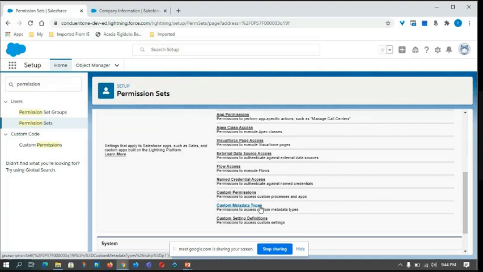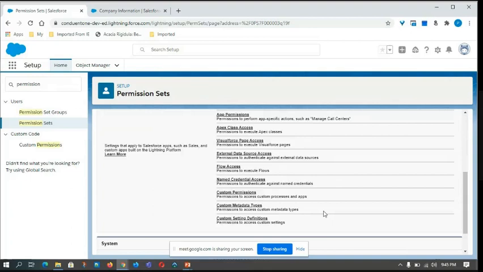Like if you want to create a permission set for any specific flow, sorry, agent, like one agent or multiple agents, which flow they can access, because we can have multiple flows in our system, but which flow they can go and access. For all those settings at a granular level, basically whatever profile we have created, instead of going with profile-based access, at a granular level we are dividing all those profiles into specific permission sets. So all those things can be covered when we go with permission set creation and permission set group creation.